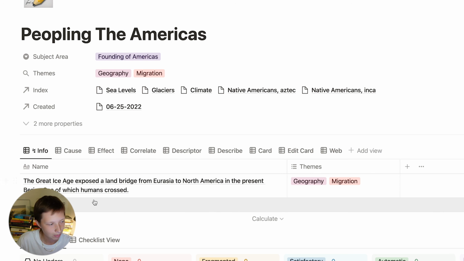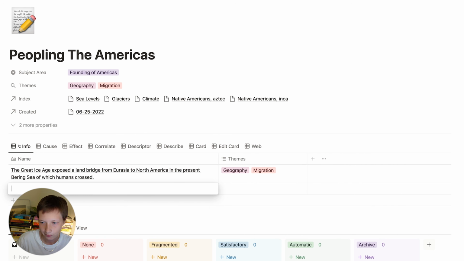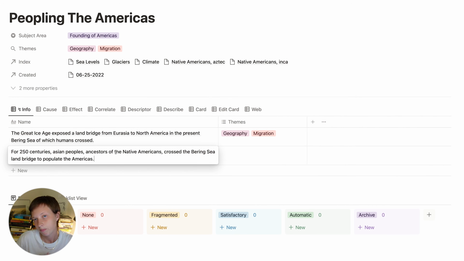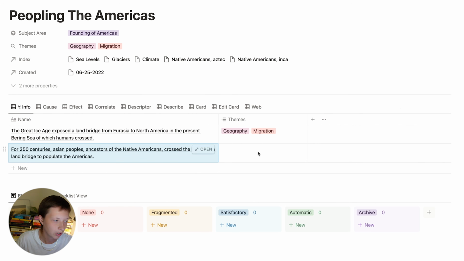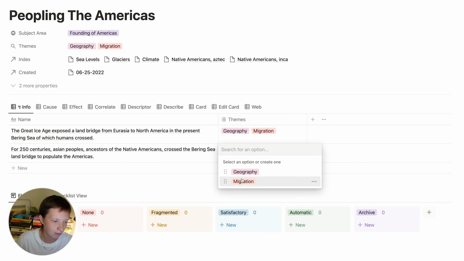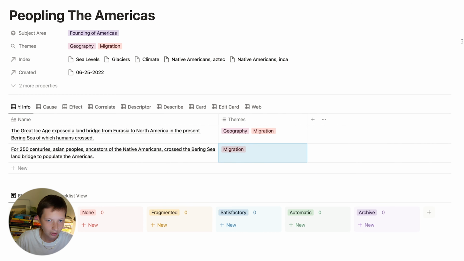Okay, now that I have this, maybe there's another piece of information. Like the peoples traveling across this land bridge for 250 centuries. The themes for this would be migration. Now you'll notice that I've created two different pieces of information with the theme migration, but at the top here,